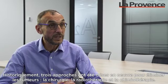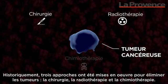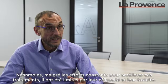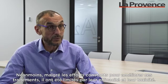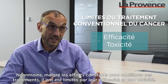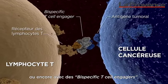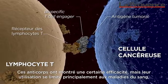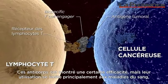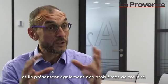Historically, three different approaches have been used to try to eliminate these tumor cells: surgery, radiotherapy, and chemotherapy. However, despite constant efforts to try to improve these treatments, they have been limited by efficacy and also by toxicity. Bispecific antibodies, such as BiTEs, have proven some efficacy, but this is mostly limited to hematological disease, and this is also associated with